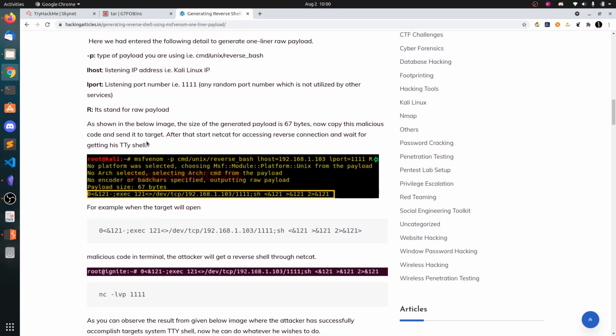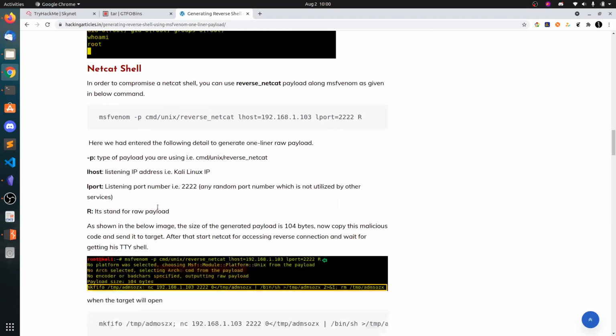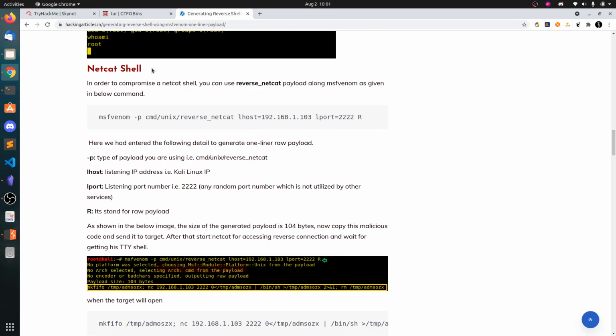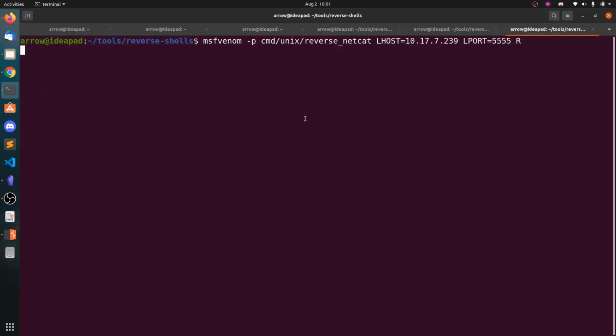You can also try the reverse bash. Okay, cmd/unix/reverse_netcat. And lhost is your Kali Linux IP address. And we need to put the R because it's a command. I think that's it. Yes, we are good to go.